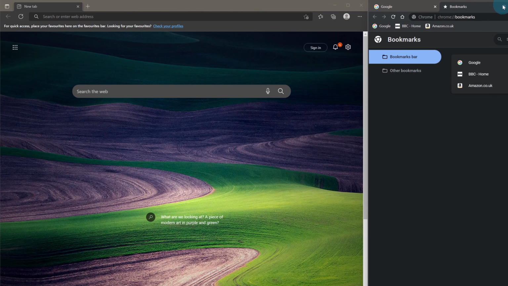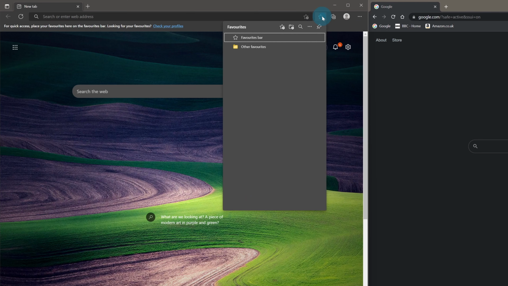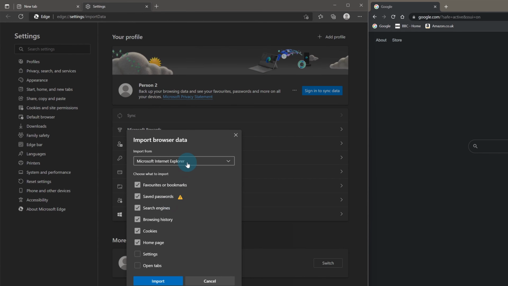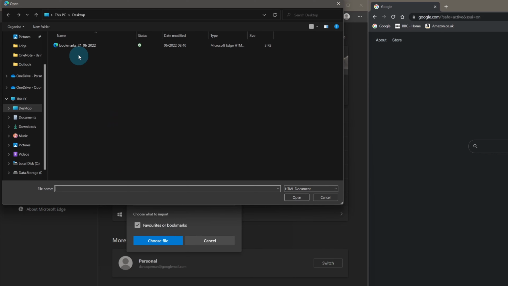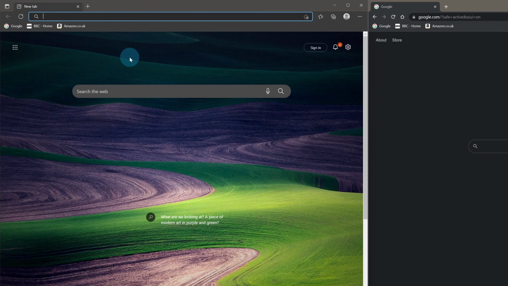And then when I go over here back to Edge, I need to then import these. So again, I'm going to click favorites. I'm going to click on the three dots. I'm going to click import. Only this time, I'm going to choose it from a file. And I'm going to locate the file I've just exported. Press OK. And it's done exactly the same thing, but in a different way, in a slightly more manual and